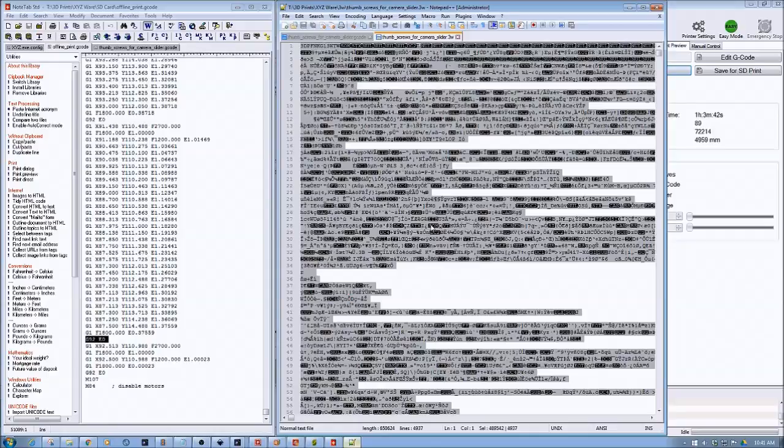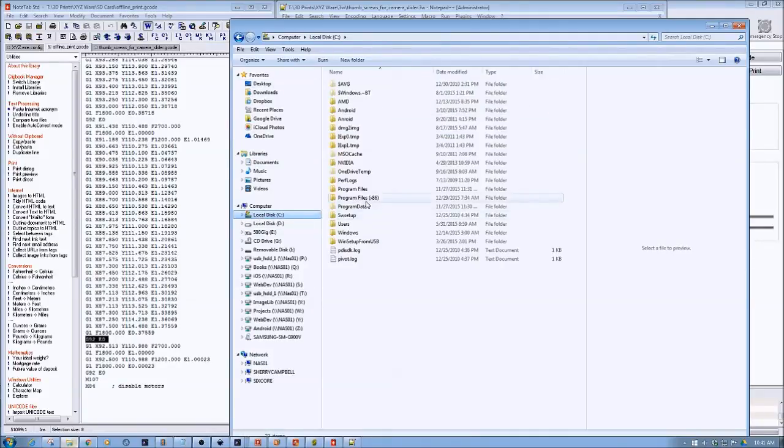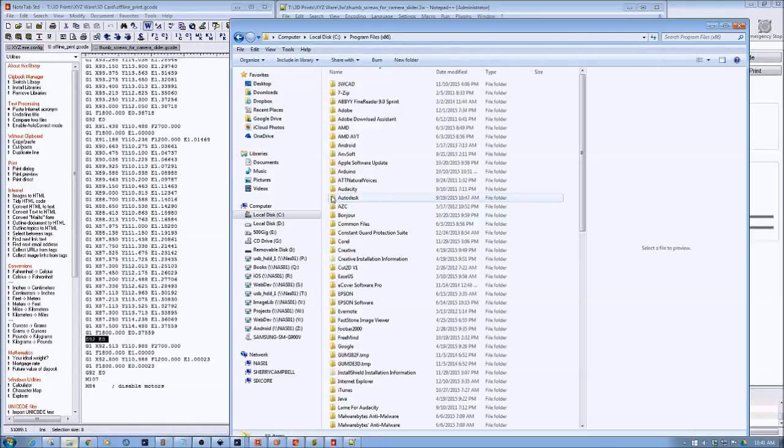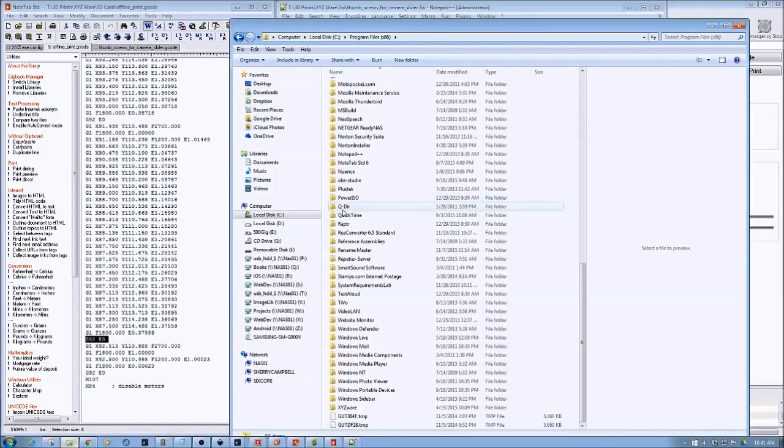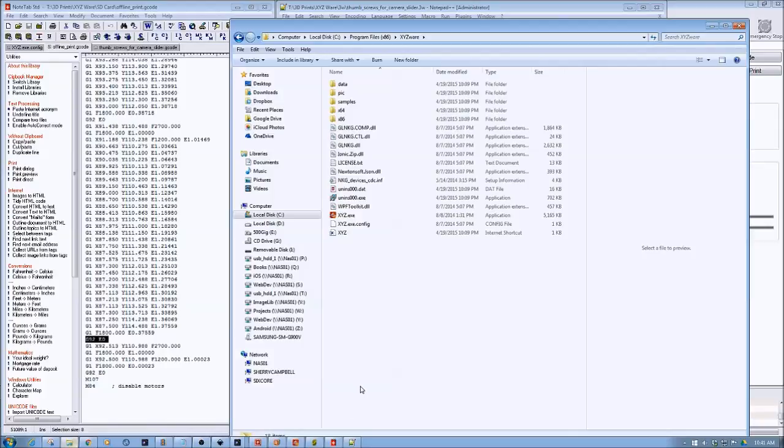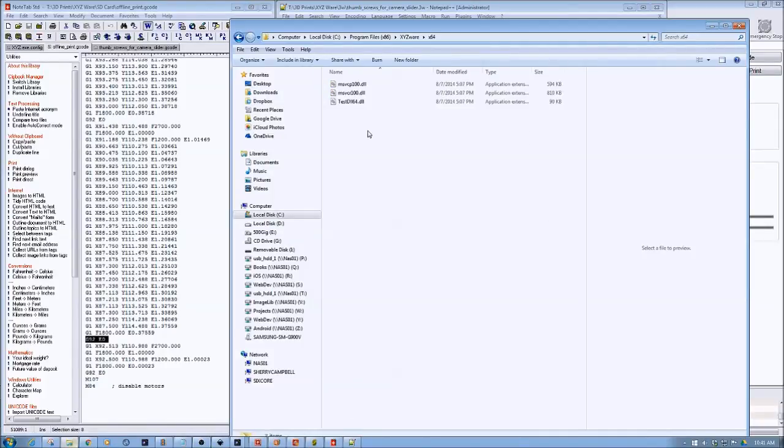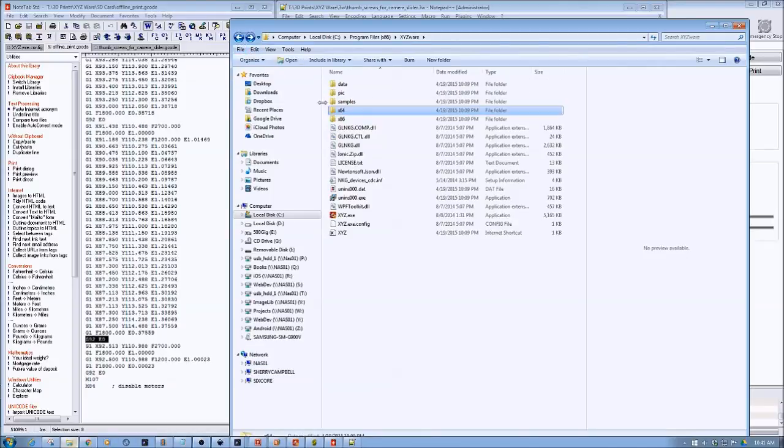So anyways, I'm going to click OK there. The other thing that I did want to show, and I've got the card file here, is to go to C, Program Files (x86), XYZ Ware. One of the things, x64. So I'm not sure. Test DLL 64. I think this is the DLL section it's using for the Base64